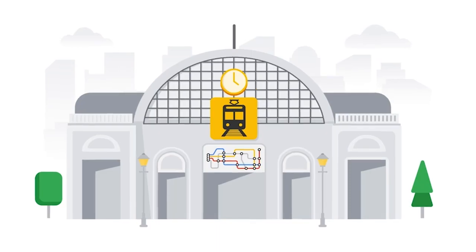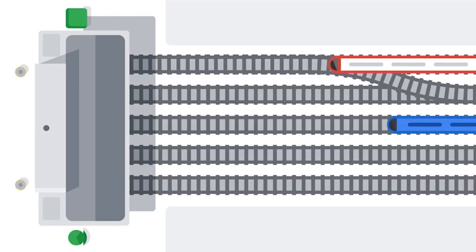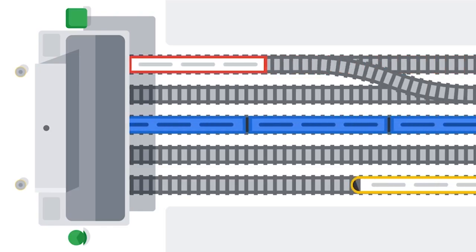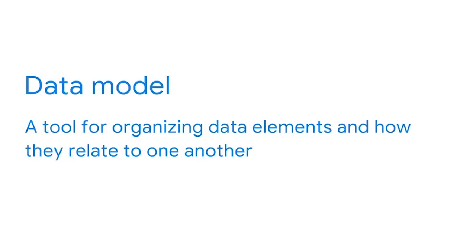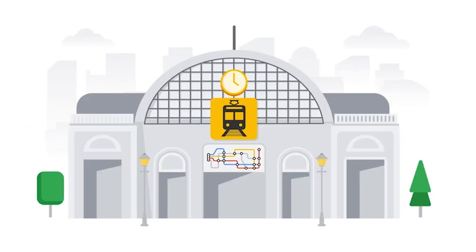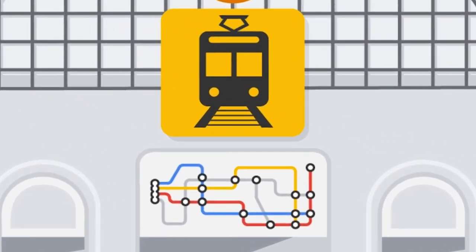Well, all aboard! Because in this video, we're going to get your BI train moving. And just like any train trip, this one starts with mapping out where you are and where you want to go. In BI, mapping a route requires a data model, which is the first tool in your toolbox. Data models organize data elements and how they relate to one another. They help keep data consistent across systems and explain to users how the data is organized. This gives BI professionals clear directions when navigating a database.